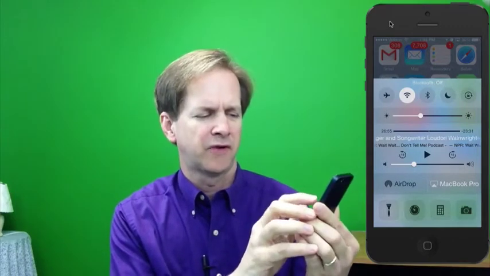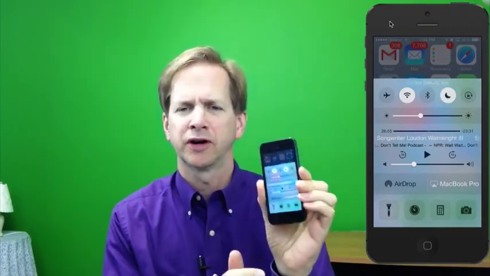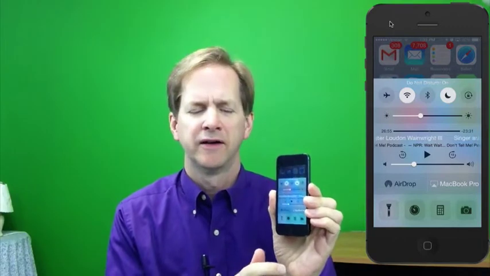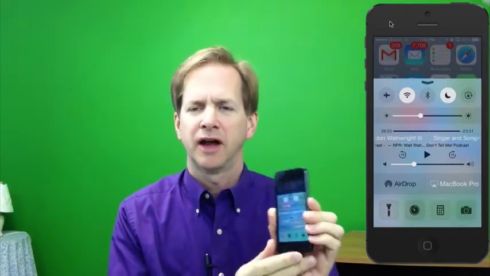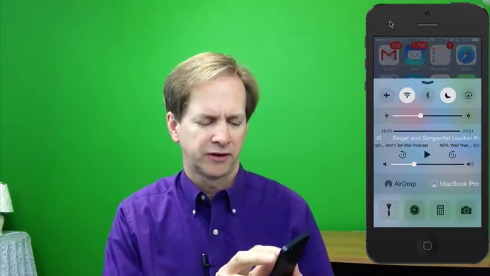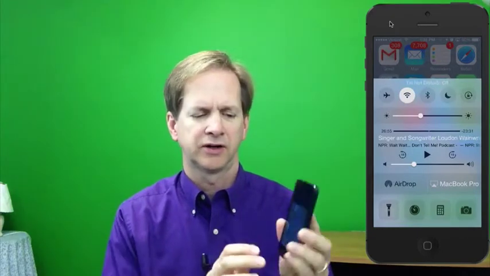So to turn off those notifications, take your iPhone, swipe up from the bottom, and notice up on the top, there's a row of icons, and one of them is a moon. If you click the moon, so the moon's now highlighted, that's do not disturb mode, and those notifications will be silenced. To turn it back off, it's the same process. If it's not already up, swipe up from the bottom and click the moon so it's no longer highlighted.